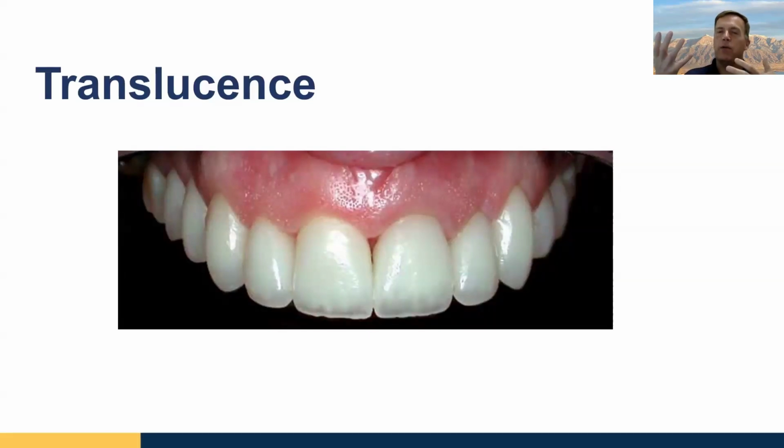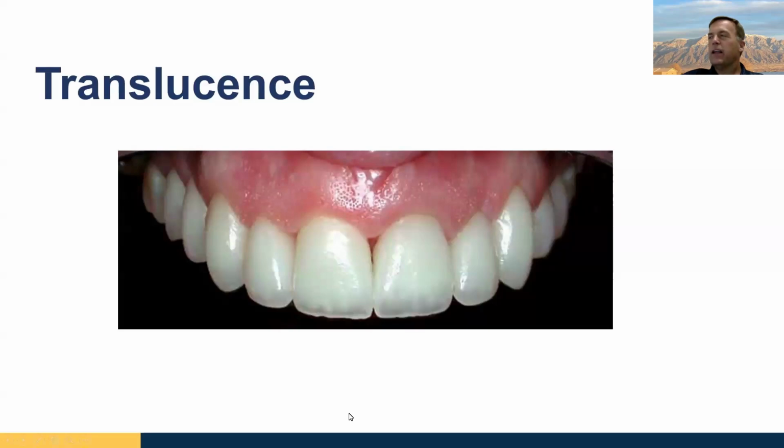So you kind of have to figure out what is normal for the person. Again, this isn't going to be every patient, but when you have a patient like this, you might want to stand them up in the room and get them under a light and then have them smile for you. Don't manipulate their lip and take that translucent shade